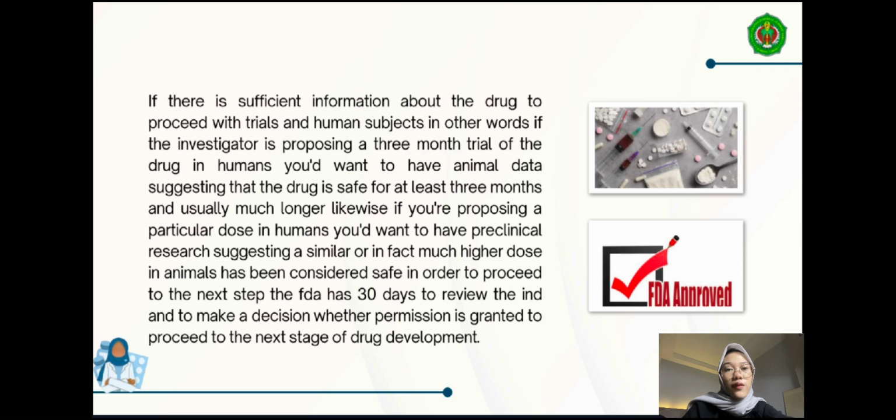In other words, if the investigator is proposing a 3-month trial of the drug in humans, you want to have animal data suggesting that the drug is safe for at least 3 months and usually much longer. If you are proposing a particular dose in humans, you might want to have preclinical research suggesting a similar or in fact much higher dose in animals has been considered safe in order to proceed to the next step.